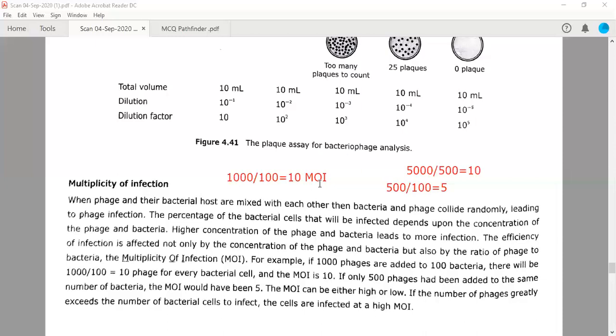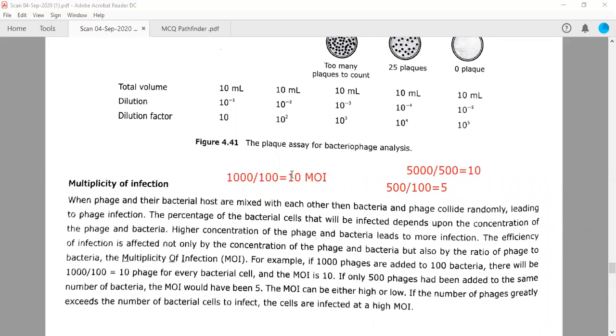So what is the significance of multiplicity of infection or MOI number? This will give you a surety of infection, right? How much is the probability of that particular infection which is going to take place. But even if you are having 10 MOI or 5 MOI, which are high numbers, if you compare them with 0.1 or 1, even at these high multiplicity of infection, this is not assured, this is not 100% that all cells will be infected.